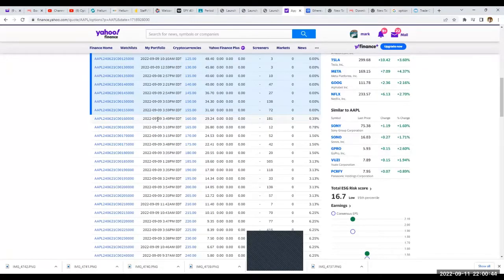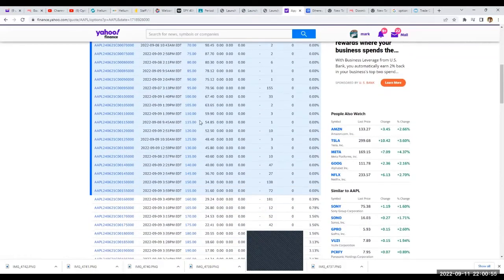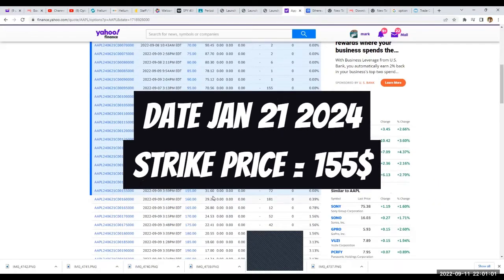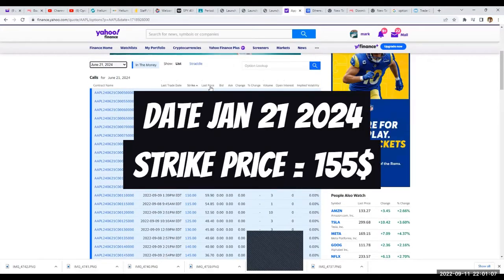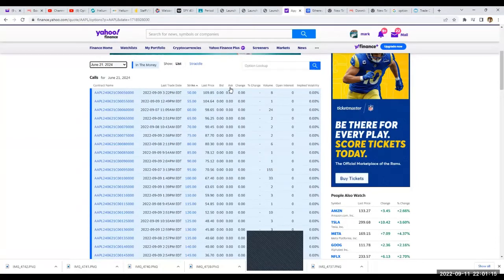Let's say that I want the rights to buy Apple at $155. Remember, right now it's at 157, but we're actually thinking by buying a call option that it's going to go up, and we're thinking by 2024. Now, these are the prices. This is the last price that one sold for. This is what somebody's bidding, and this is what somebody's asking so that you can purchase it. And someplace in between, and I'm going to teach you in part 2 about limit buys and how to actually execute an option.